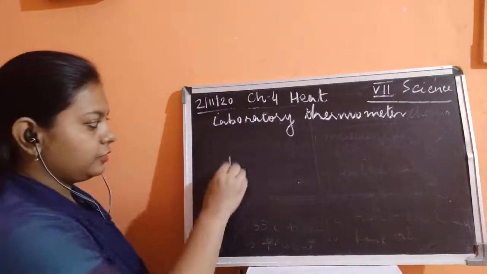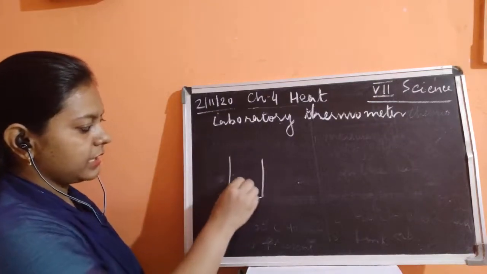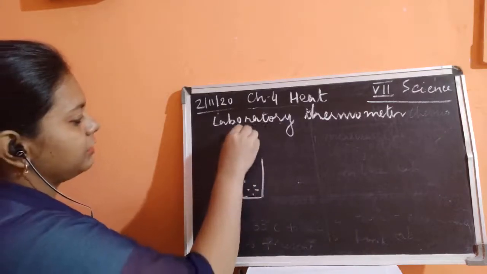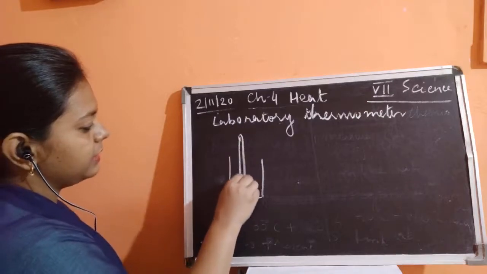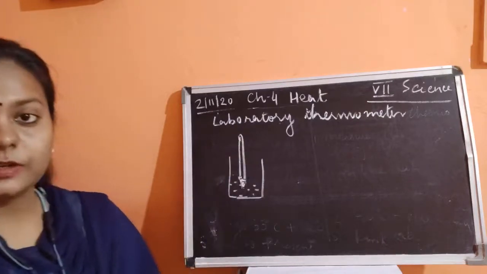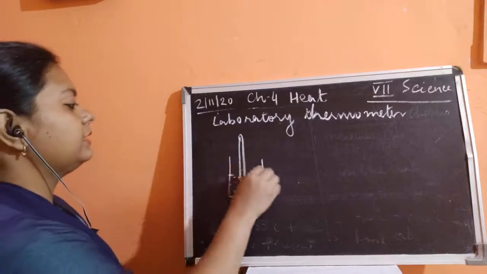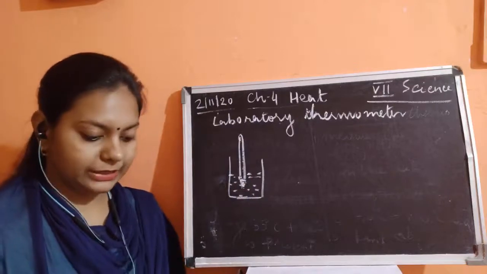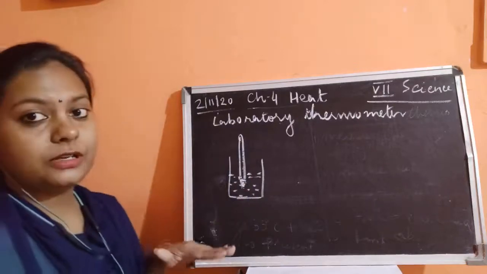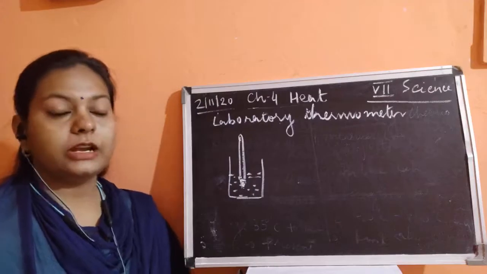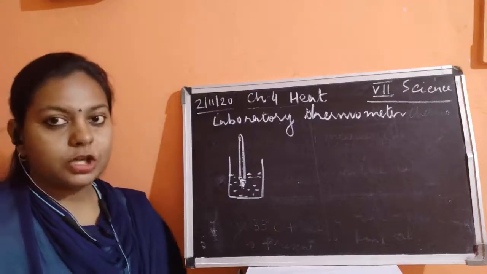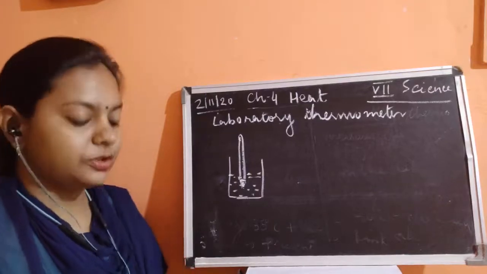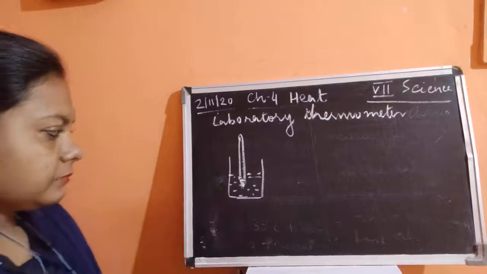So what you have to do, you have to just take a beaker which is having hot water in it, and then we will be putting the thermometer inside this. We will immerse the bulb inside this hot water for some time, and we will be seeing that the mercury thread is rising inside this laboratory thermometer, and we'll wait till the temperature is not going to rise further. So when it stops rising inside the thermometer, we will take the temperature of the particular liquid.